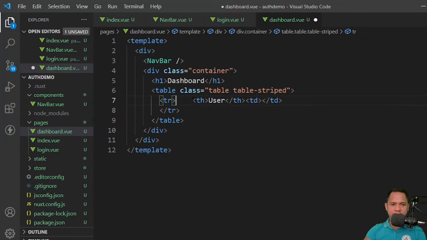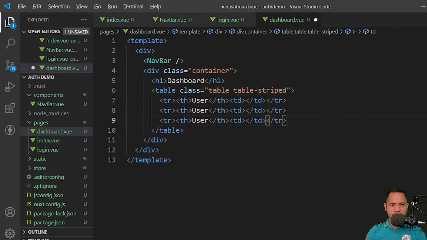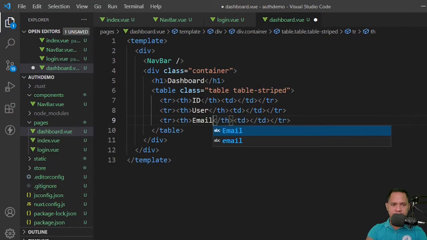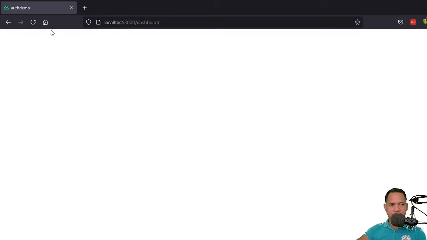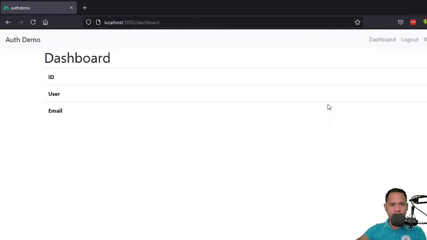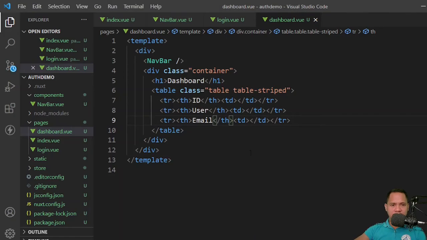Just put this in one line because it's very short. So we'll have also the ID and then the email. So like that will be our dashboard. And then, yeah, so that's it. We can now go on with the process of